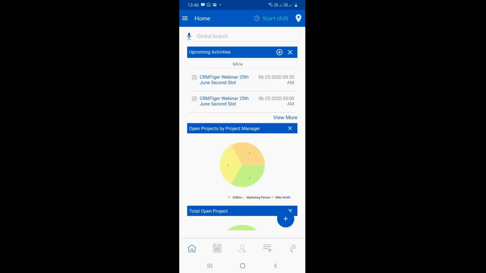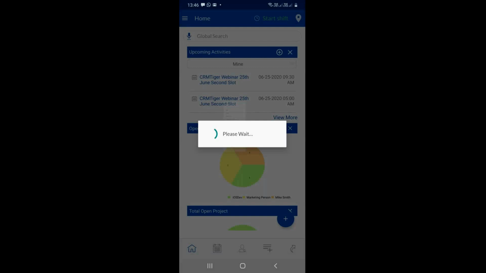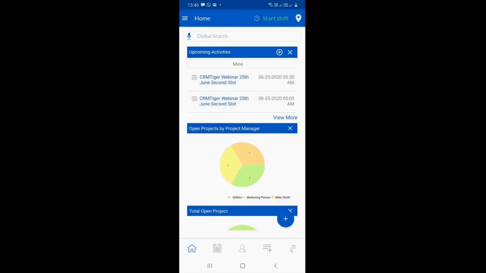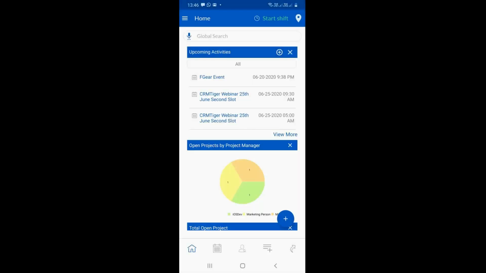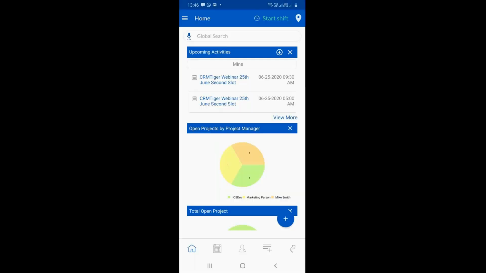If you look at this, we added a filter in the upcoming appointments, where you can see either your own appointments or the appointments of all the people, right? If I select all, it will display the appointments of all the people. Right now I have scheduled my appointment, which I set for 2 days. So this is one of the features which we added.